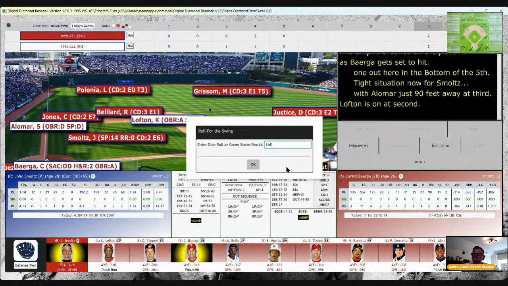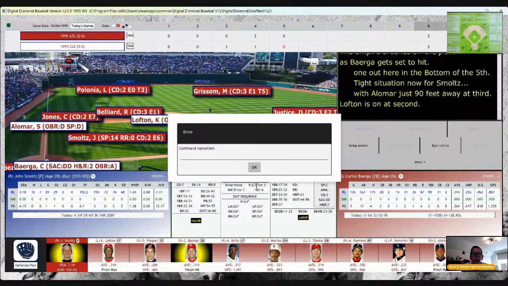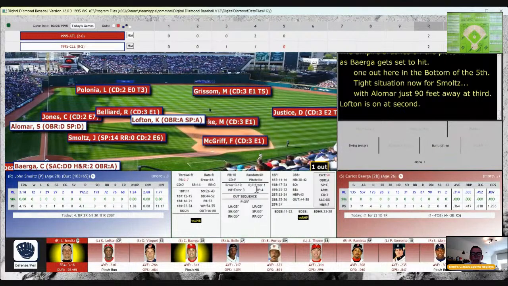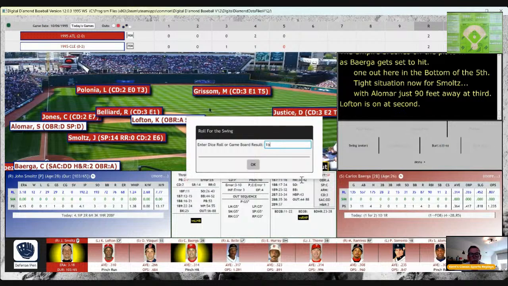I can't see the card. Let me remove that. And they gun him down at home. Oh, boy. Said he was going to attempt it, so that's what my call is. So 1, BF7, R, 2, X 2.